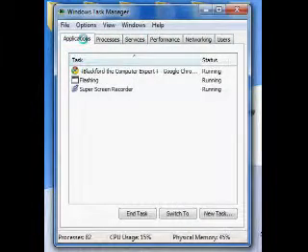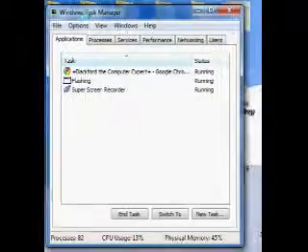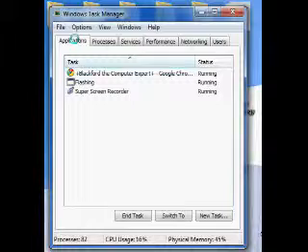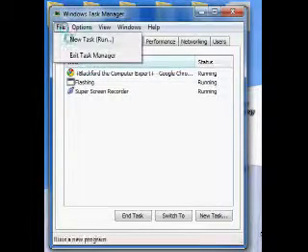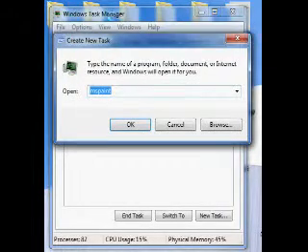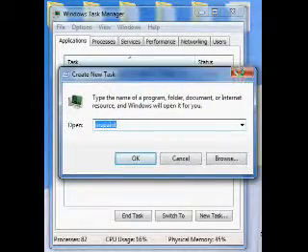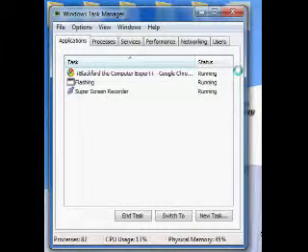Now, the best thing about this one is the Windows Task Manager Applications tab allows you to click File and run a new task, which is also the same thing as the Run prompt. Now, to get a little further into this,